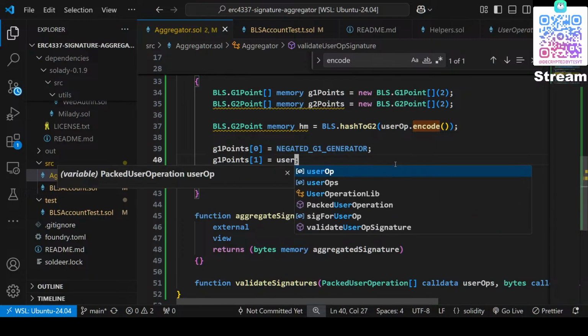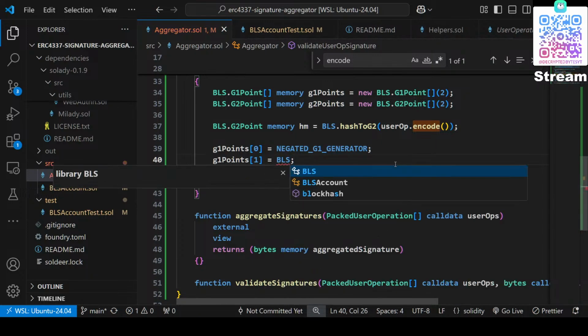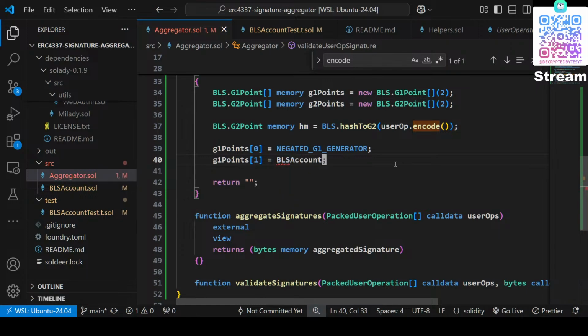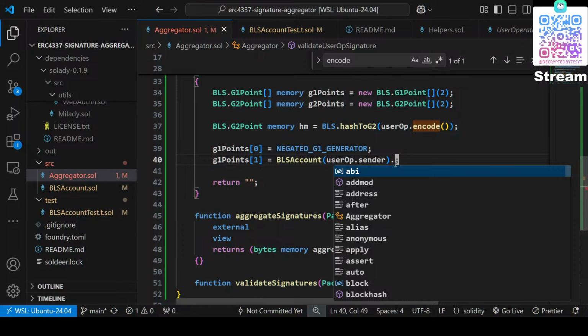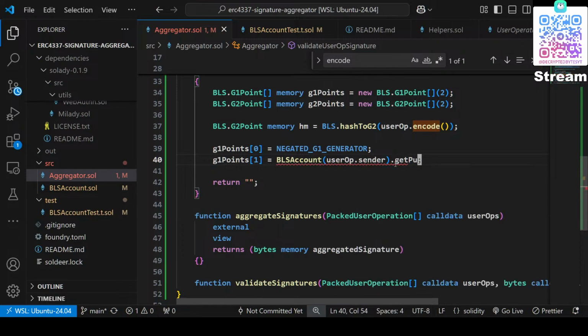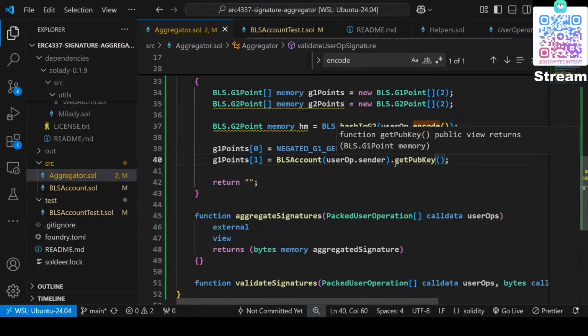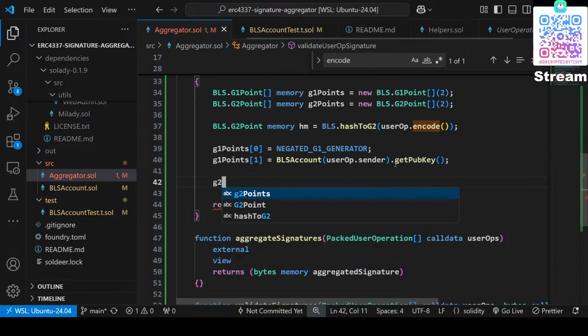We have user op, BLS account, user op, sender dot get pub key. G2 points 0 equal to